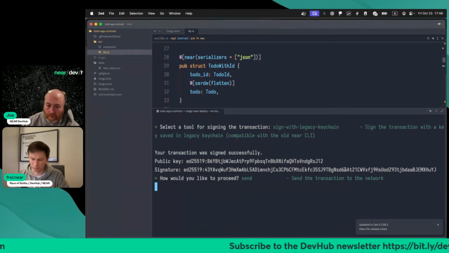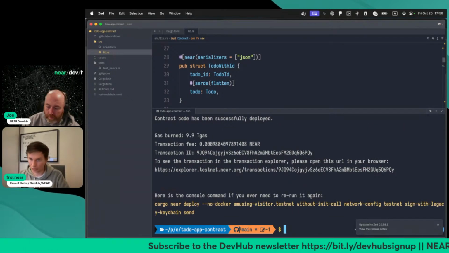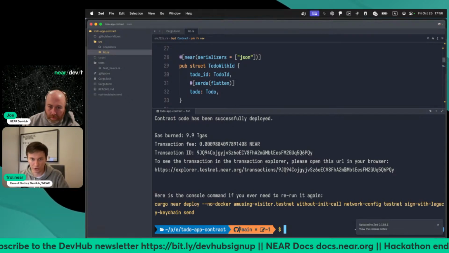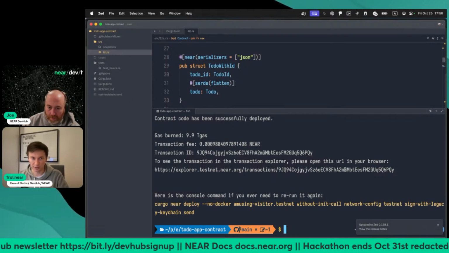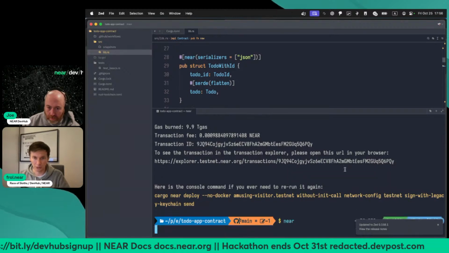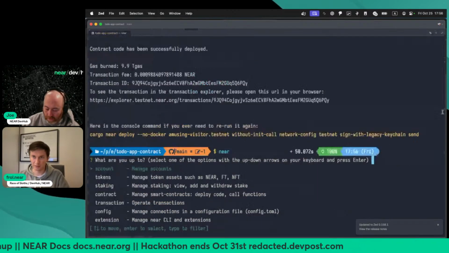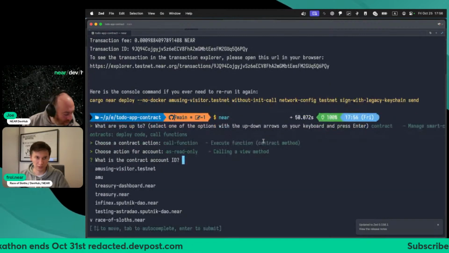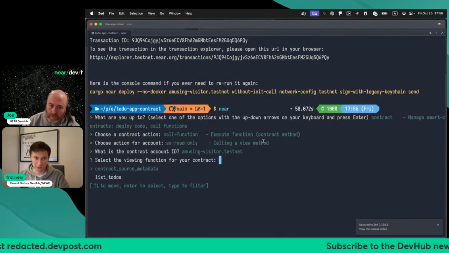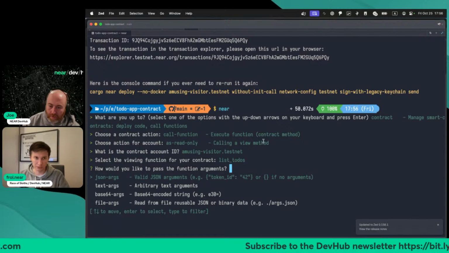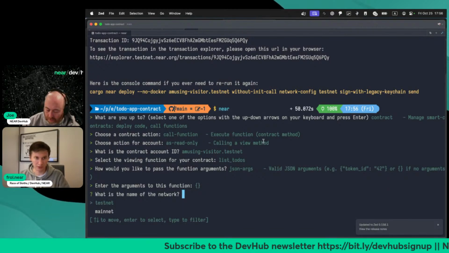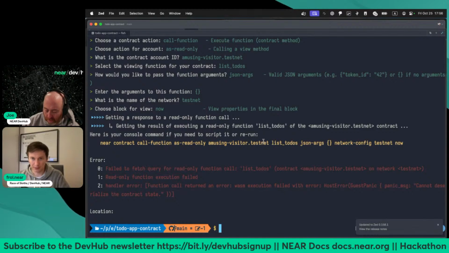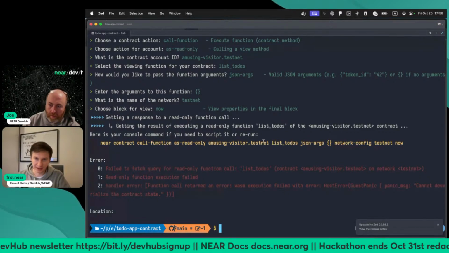We'll hit another problem, not on deployment. Deployment went fine. It's all great. The new version of the application is there. But whenever we interact with the contract, for example contract call function read only, my contract, list to-dos, no parameters, now it panics, and it says cannot